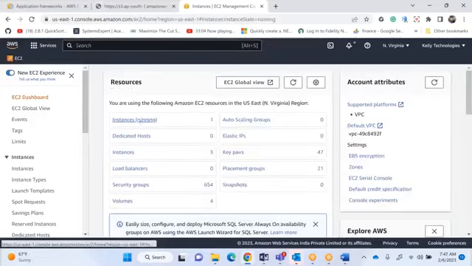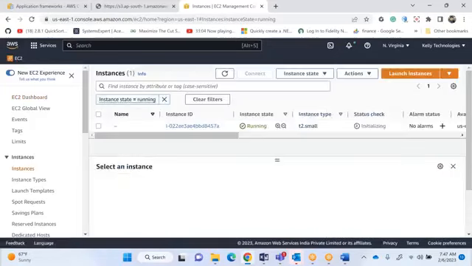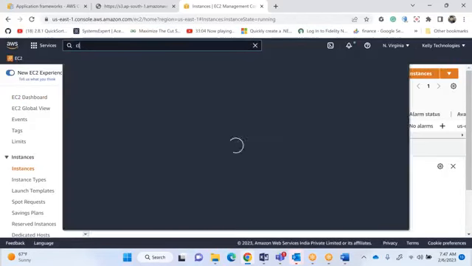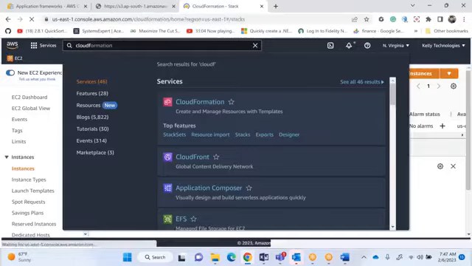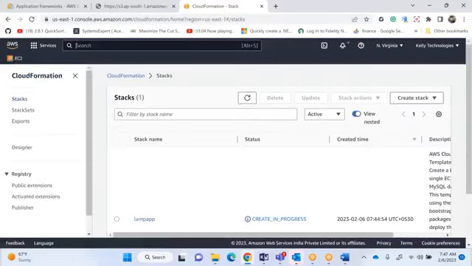Okay, this server is in the background, it is going and running initialization software and everything, and you need to go to the CloudFormation template. So I don't do anything. CloudFormation template, it is in progress. See here, it is in progress.